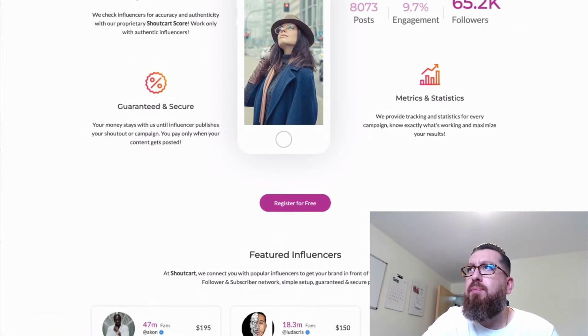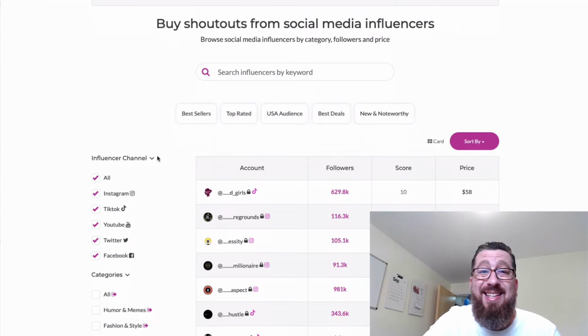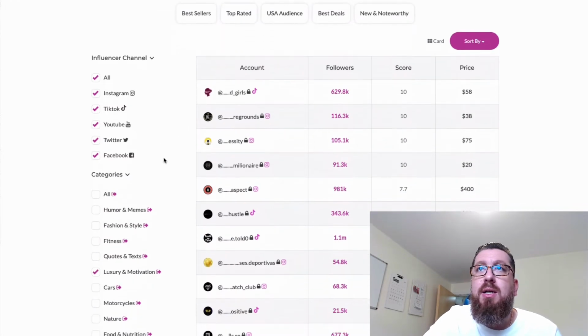It's pretty great, right? Once you're logged in, you can search through a variety of different filters. You've got what the channel is: Instagram, TikTok, YouTube, Twitter, Facebook, so most of the main ones.